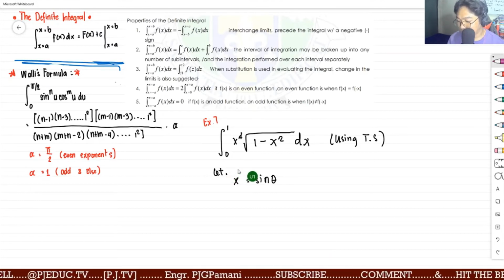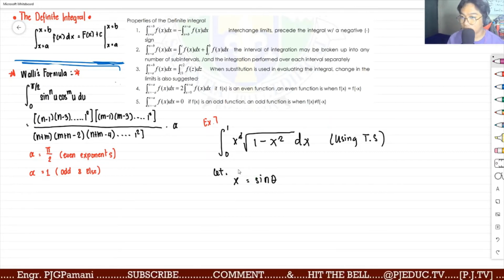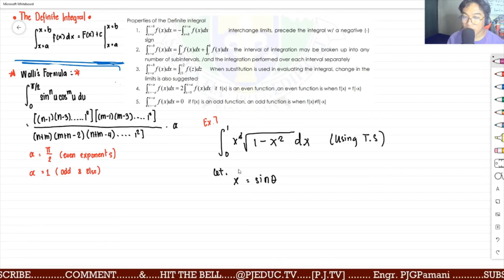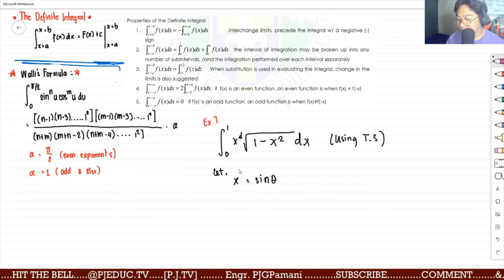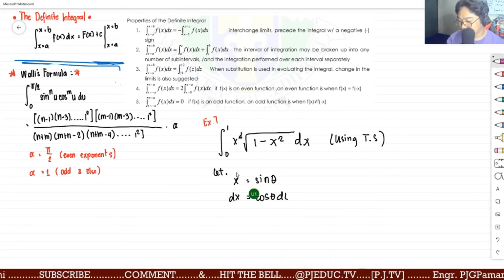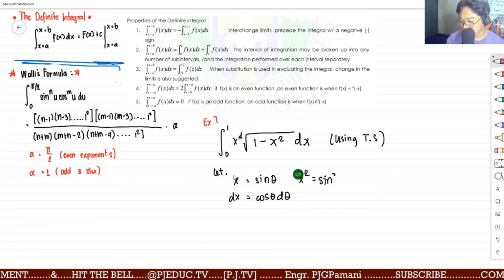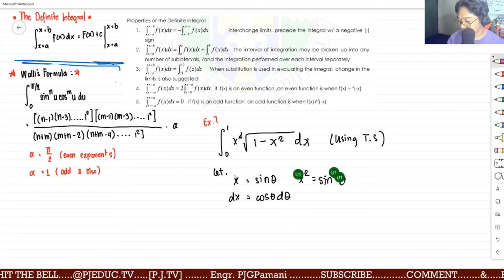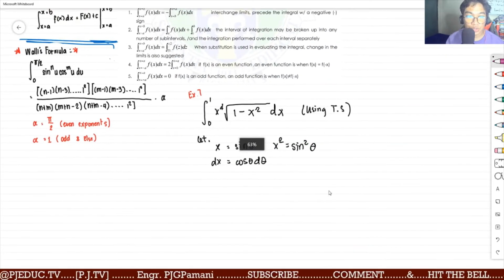Yung term natin, alpha squared minus x squared, which is equal to alpha sine theta, right? Differential of x equal to sine theta is dx equal to cosine theta d theta. x squared is simply sine squared theta. By simple substitution,